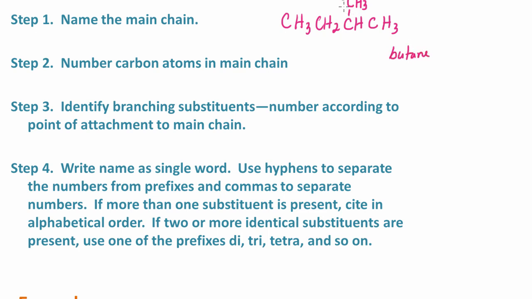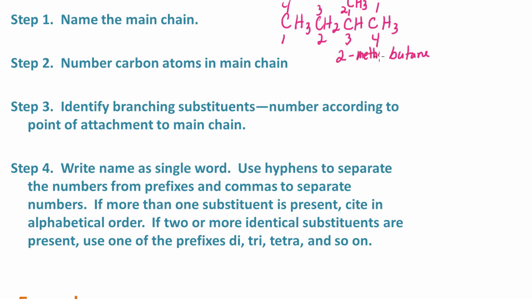And then we have to give the location of the alkyl group. Well, we have a methyl group here, and it is on carbon. Well, if I count this way, starting here, that'd be 1, 2, on the 3rd carbon. But then if I start counting this way, 1, 2, 3, 4, it's on carbon number 2. We want our branching substituents, or at least the first one that we come across, to be on the lowest number carbon. So in this case, what we have is a